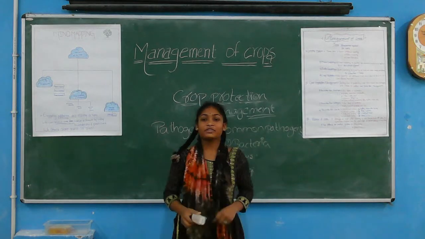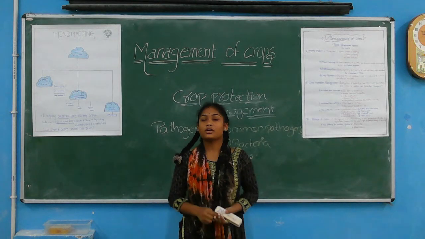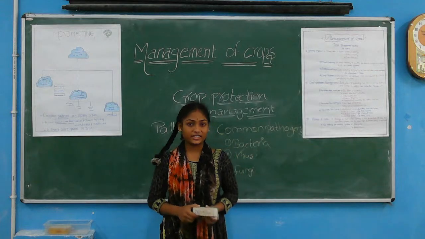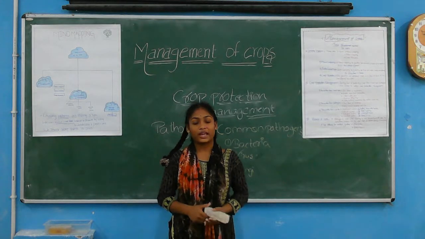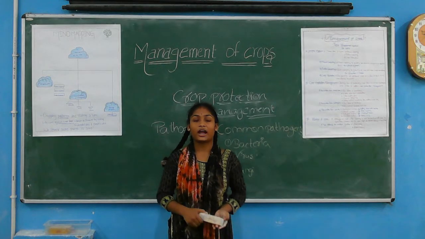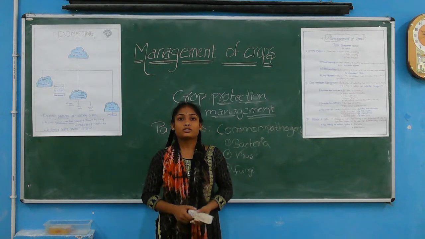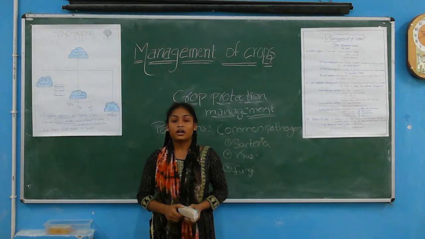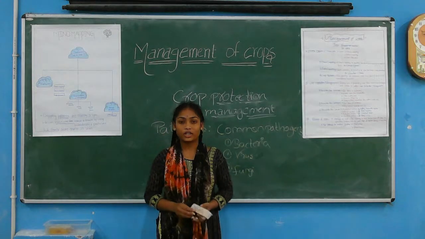On getting favorable conditions, like an increase or decrease in temperature and moisture, they become active and infect plants. They live in soil, water and air also. So we have to reduce their favorable conditions. There are four types of pathogens. They are